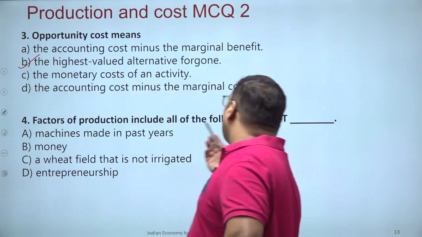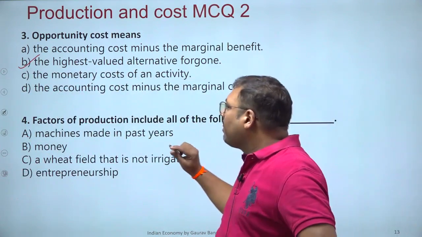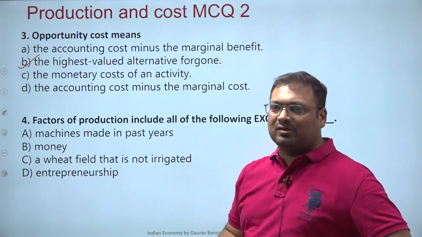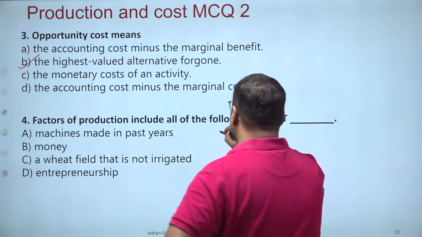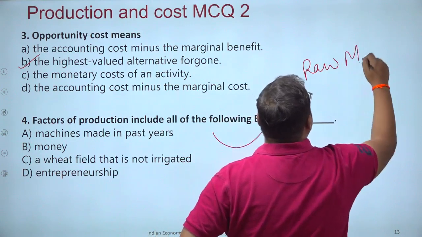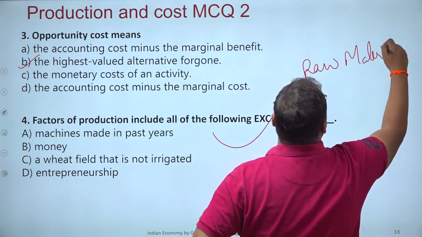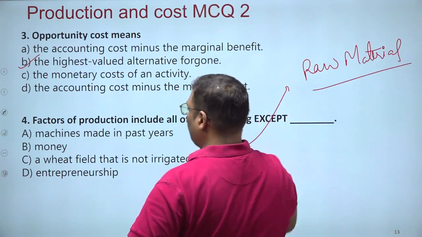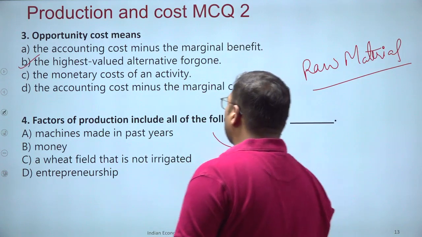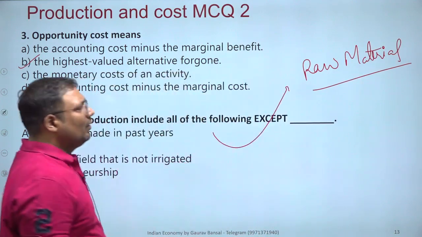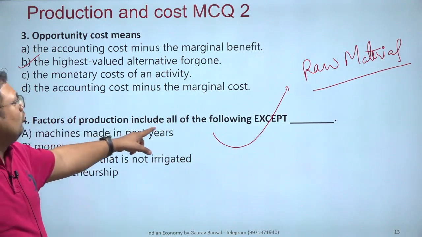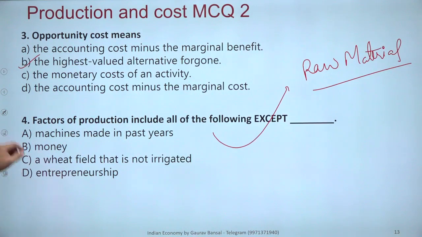Factors of production include all of the following except. So what does factor of production include? Land, labor, capital, entrepreneur. And what does factor of production not include? It does not include raw material. Okay, raw material. Now, factors of production include all of the following except, okay,